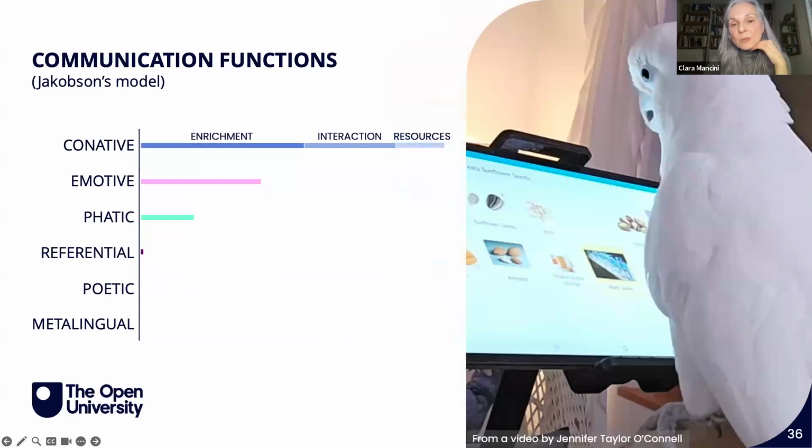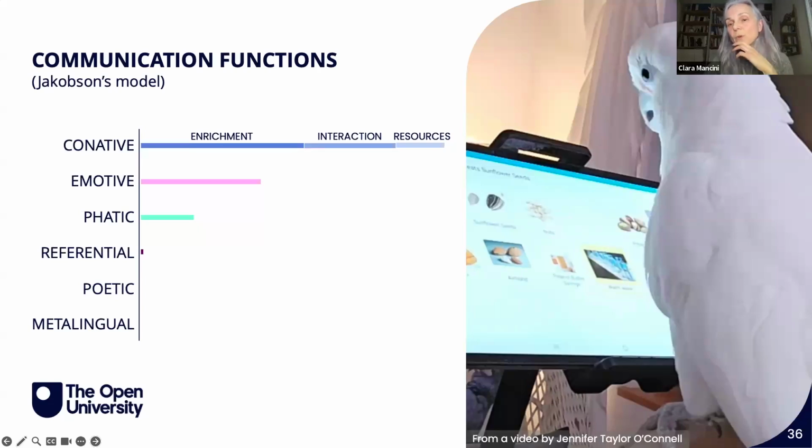We found that Ellie's speech board selections map onto 4 of Jakobson's categories. These mostly had a conative function, being primarily requests for cognitive or environmental enrichment, secondarily requests for social interactions, and finally requests for resources such as food and beverages. A smaller proportion of selections had emotive function, including expressions of affective states such as contentment or discontent,